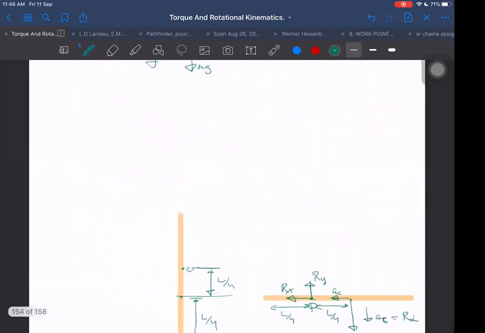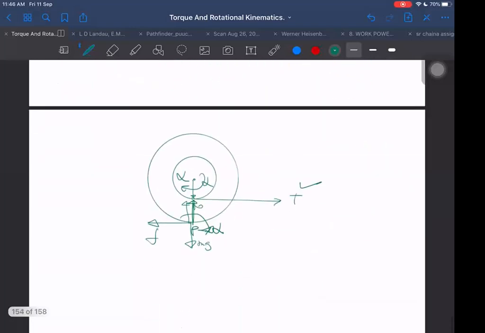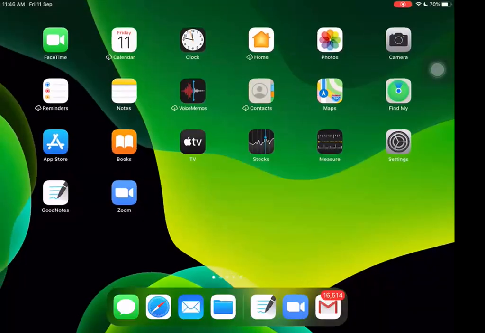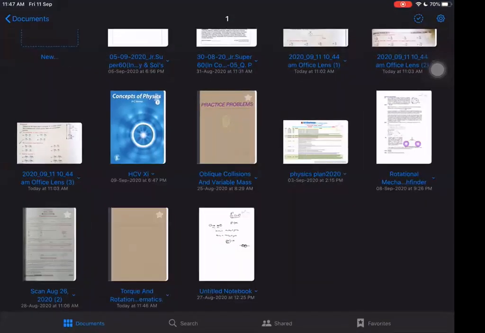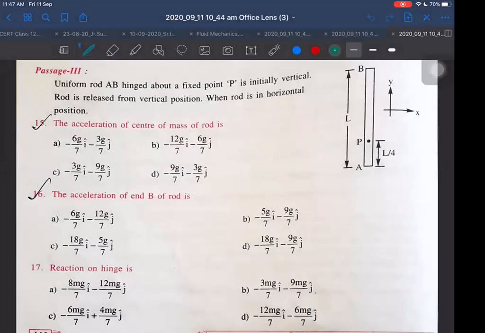So is that answer given or not? Minus 6g by 7. And alpha, we did not get alpha. What is alpha? From that we will know R alpha also. Then I think we can get the answer. Have you already obtained the 16th part? Yes, sir, 15 and 16 got. If you obtained 16th, then you could have obtained the acceleration of the center also.